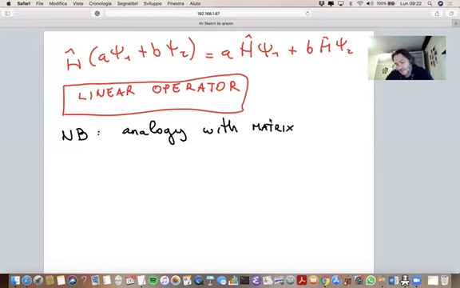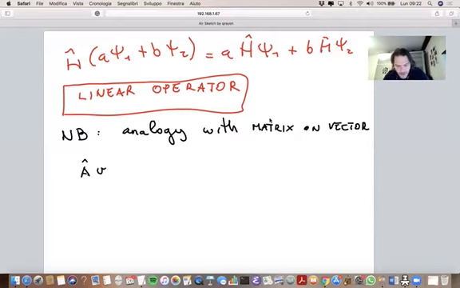In some sense, a linear operator behaves in a way that is very similar to how a matrix operates on a vector. So if I have a matrix A operating on a vector V, let me denote the matrix